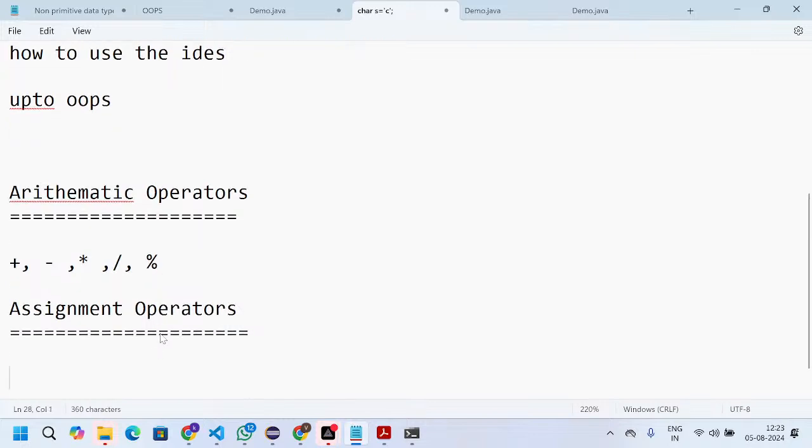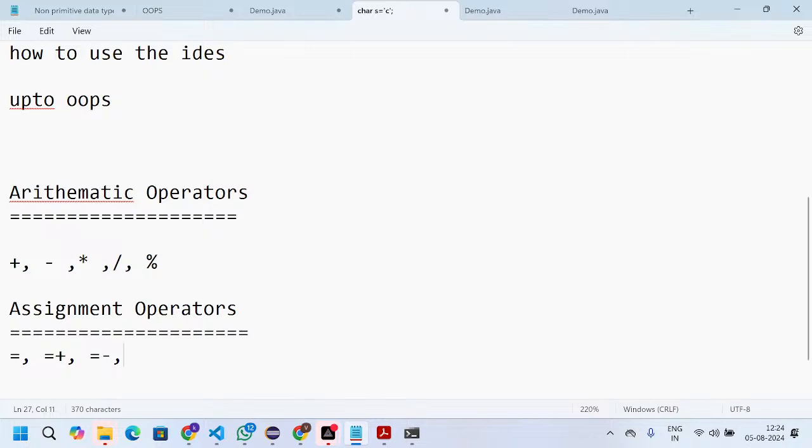Here also we have operators like equals, and plus equals, minus equals, and the same symbols: addition, subtraction, multiplication, division, and modulus.